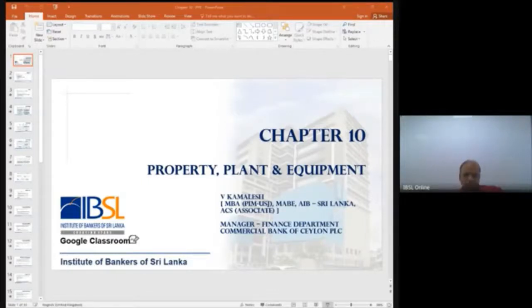And then the sum of years digits method, where we will use a formula. I think most of you might have seen this formula when you were learning mathematics, maybe in grade 6 or 7, which is n into n plus 1 divided by 2. So we will make use of that formula to calculate a factor. Based on that factor, you will depreciate the asset.